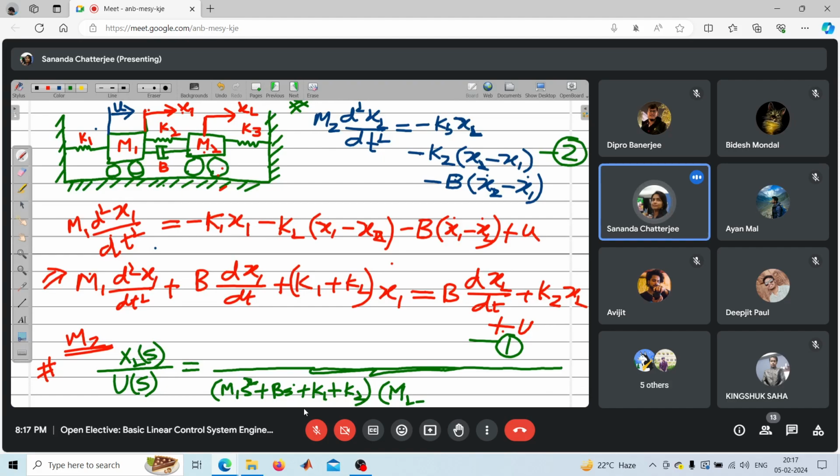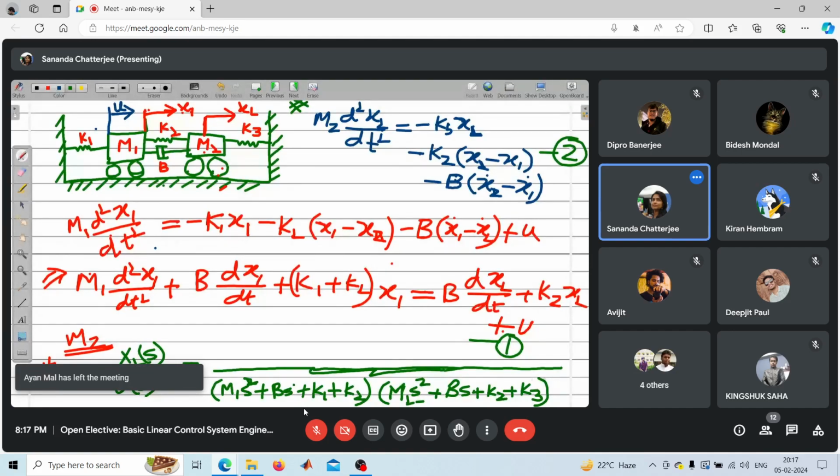This is m2 s square plus bs plus k2 plus k3 minus this bs plus k2 whole square. I have this term bs